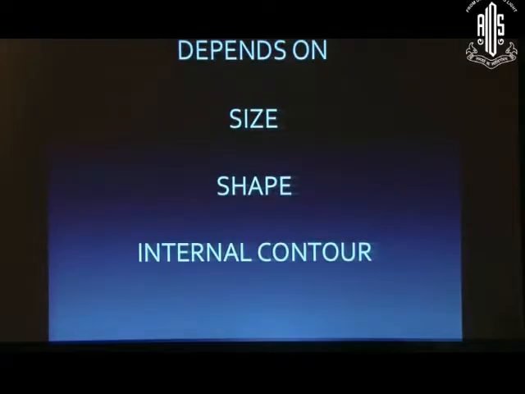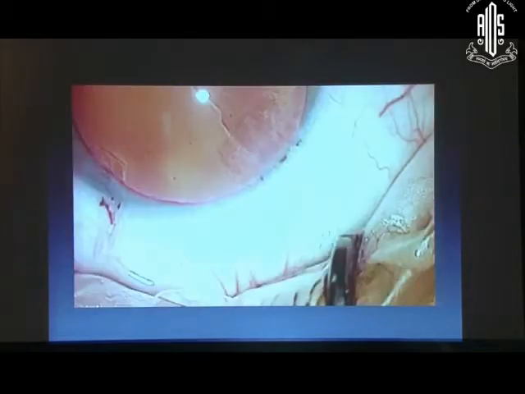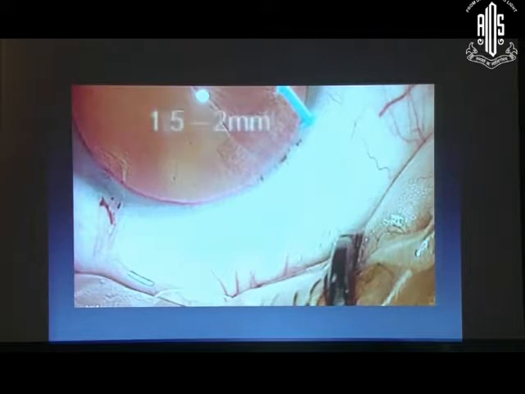And architecture, like I said, is more important because on this depend your size, your shape and your internal contour, which is the most important part for the stability of the wound. Coming to the architecture of the wound, you make an incision which is of the exact size. It's very important to have a 3 contour incision. You can have a 1 contour or a 2 contour, and the traverse, that is the chord length into the cornea, should be 1.5 to 2 millimeters. This gives the best incision and it should be square shape.